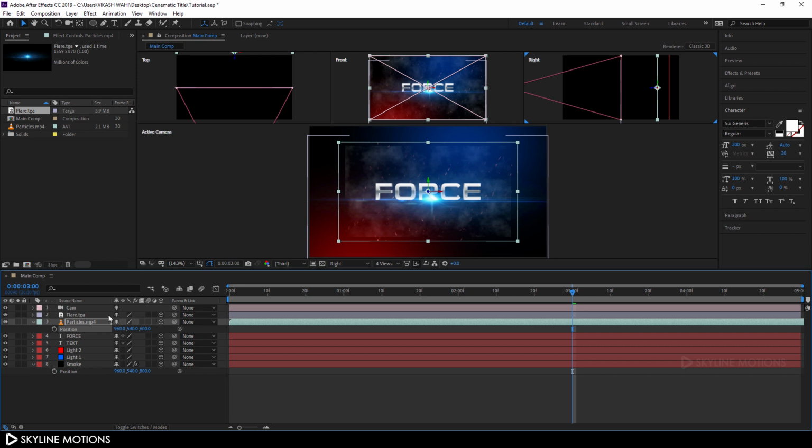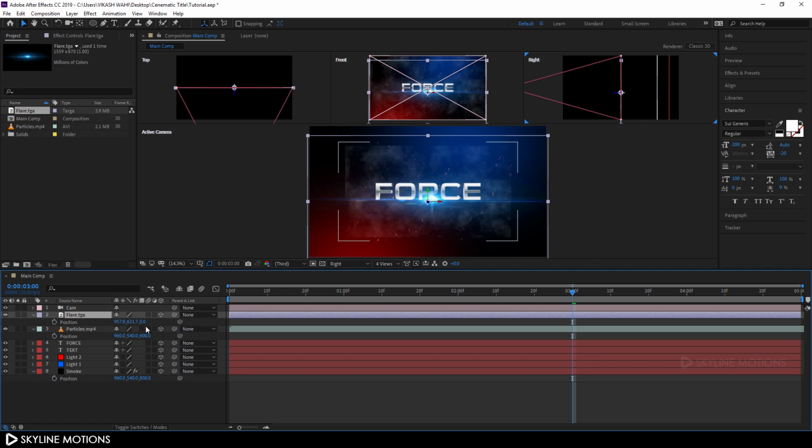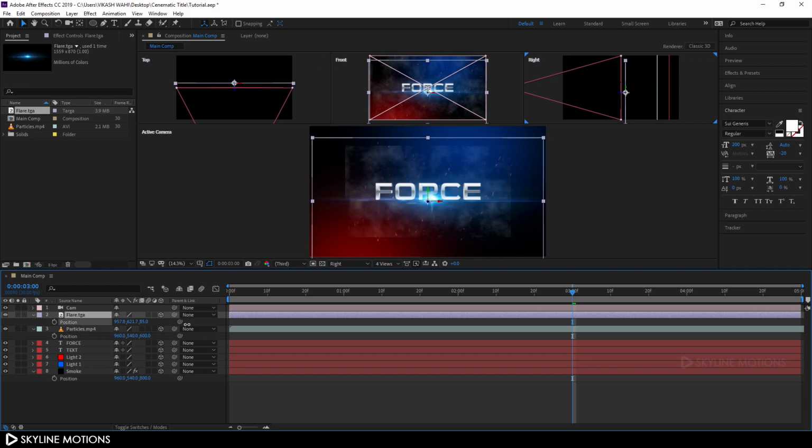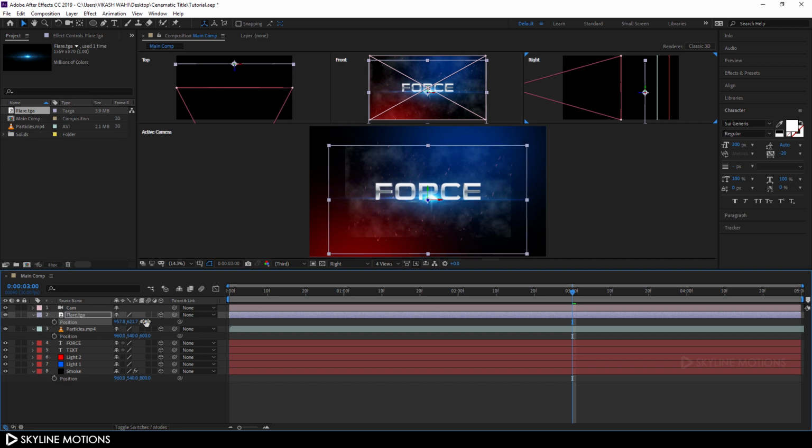And now do the same thing for this flare. So select this flare, hit P on the keyboard to bring out this position properties and set this Z position maybe like 400 and hit enter. And now let's scale it up and fit this lens flare according to our composition size. So hit S on the keyboard and let's scale it up